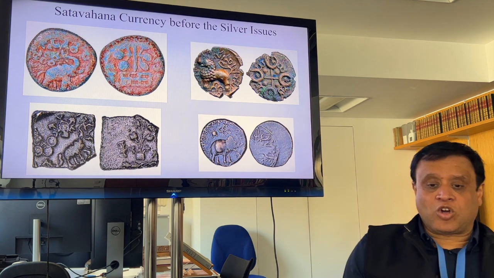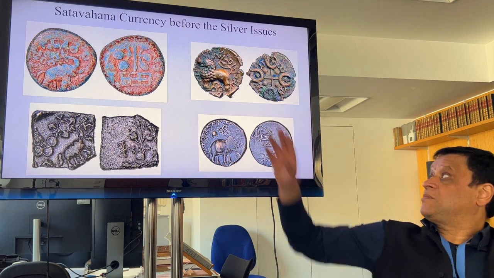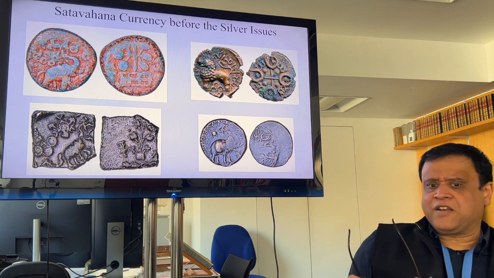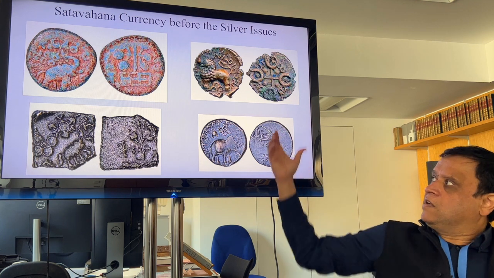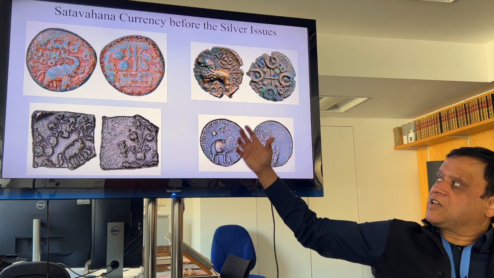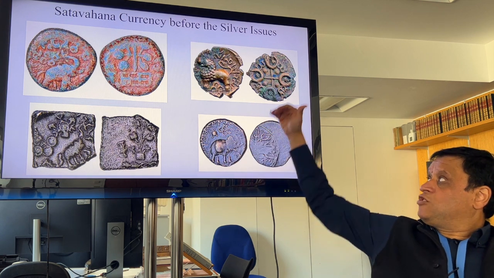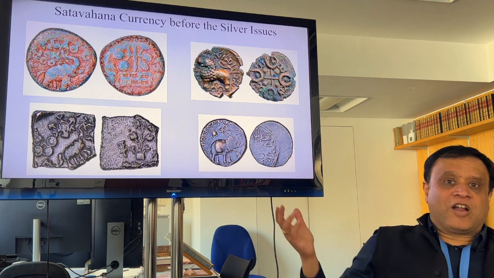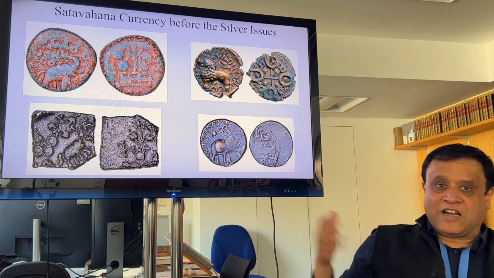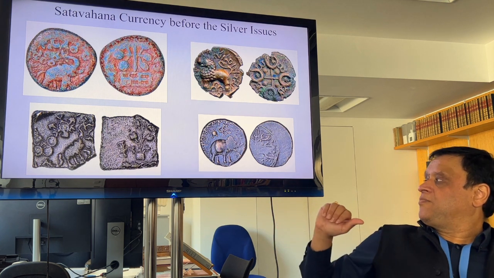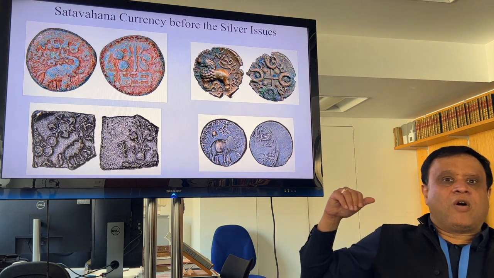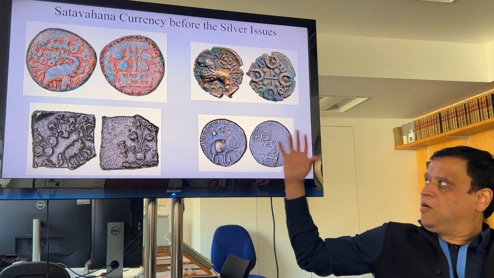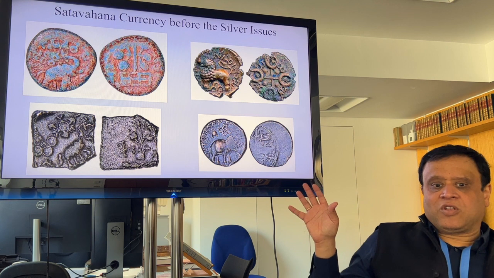Similarly, the one on the top is a typical coin of Junnar, which has a very characteristic lion representation on it. And one of the very interesting features of how tightly their finds are concentrated in the regions is that Nasik and Junnar are even today quite close by, about 100 kilometers apart, or maybe a little bit more, between 100 and 200 kilometers apart. But in the local coin finds, you hardly ever find any Junnar coin in Nasik and vice versa. So it's very, very tightly controlled monetary systems. So this is what the currency picture was